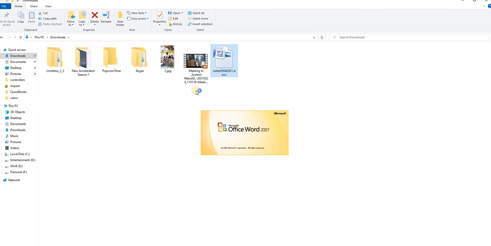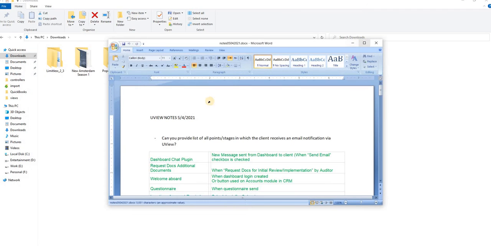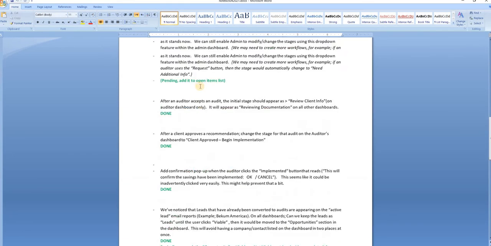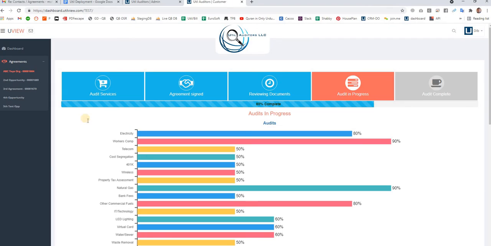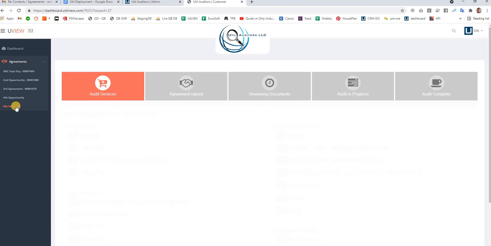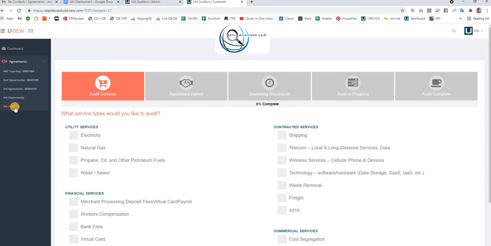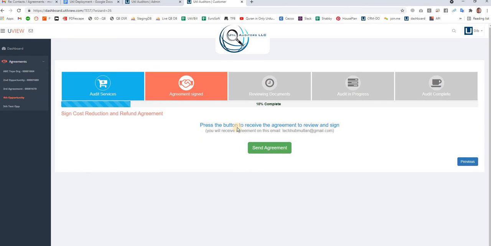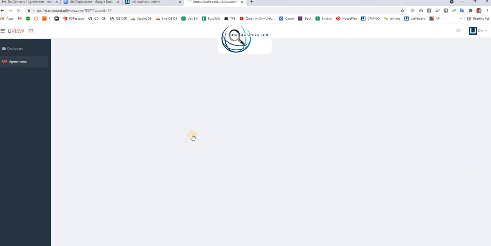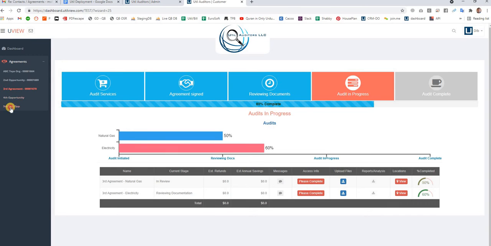If the client selects an agreement, the system will show that particular agreement at whatever step it is on. For example, this one is on this stage, this one on this stage, and this one on this stage.